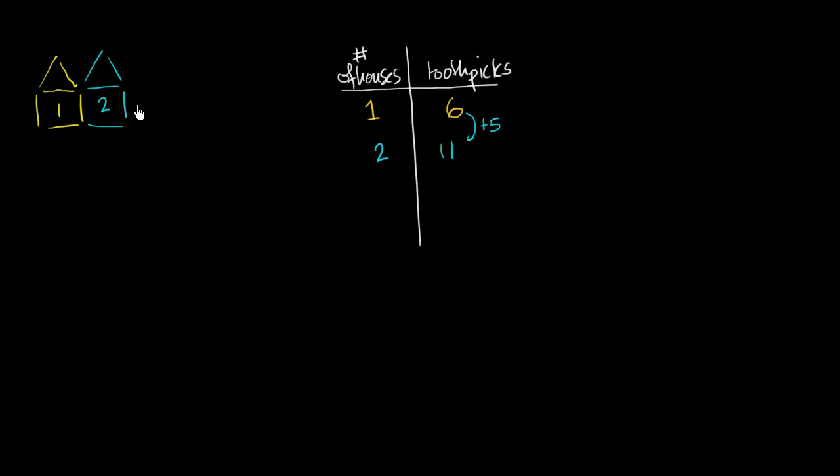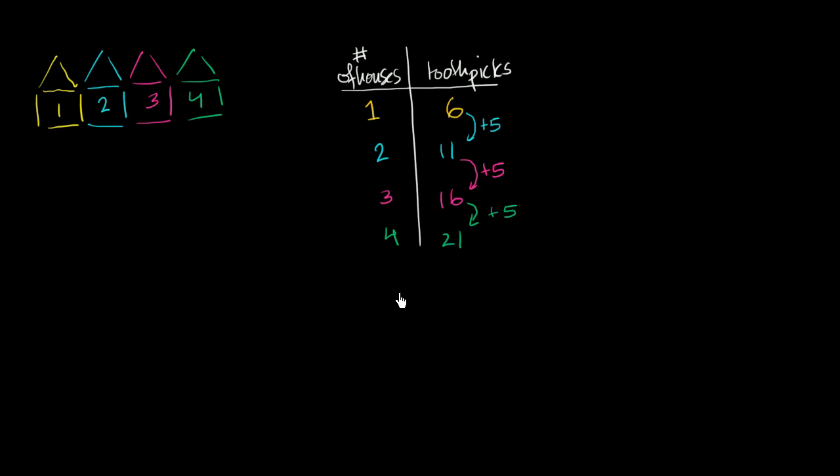I think you see the trend here. What about 3? What about 3 of these? Well, this is going to be another 5. 1, 2, 3, 4, 5 toothpicks. So we're going to add 5 again and get to 16. Let's do 4 just for good measure. So the fourth one, we're going to add another 5. 1, 2, 3, 4, 5. Gets us to